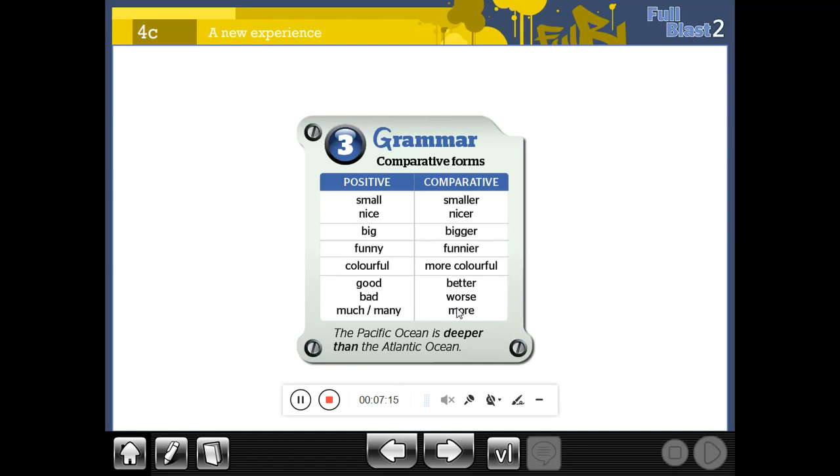But Ali has more books than Ahmed. Ali has more books than Ahmed. And you have to note that after more, more books, more money, more time, the words that come after more are nouns, not adjectives. Here, with much and money, the words which come after more are nouns. Okay,